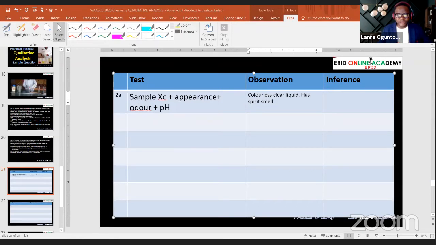So let me quickly admit some people into the room. Some people are joining now. Good. So let's write that smell, and the pH of that particular solution will be a neutral pH,